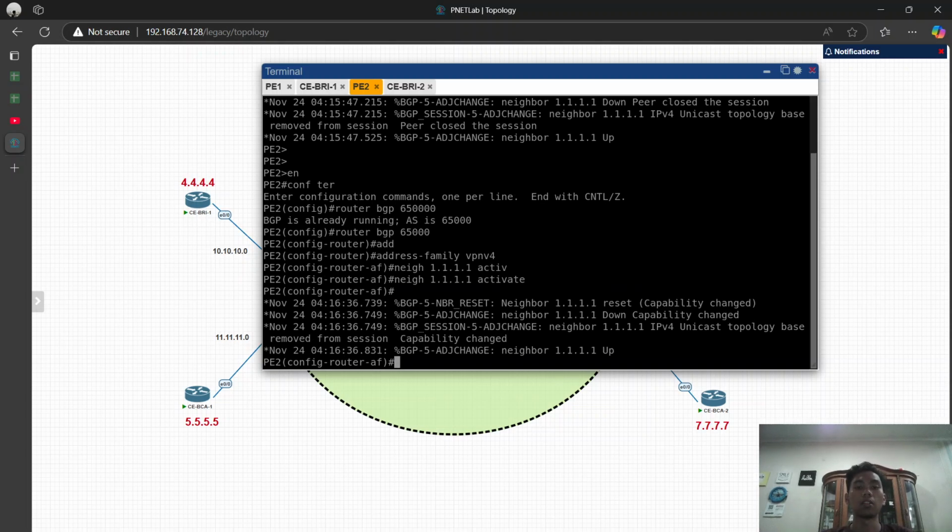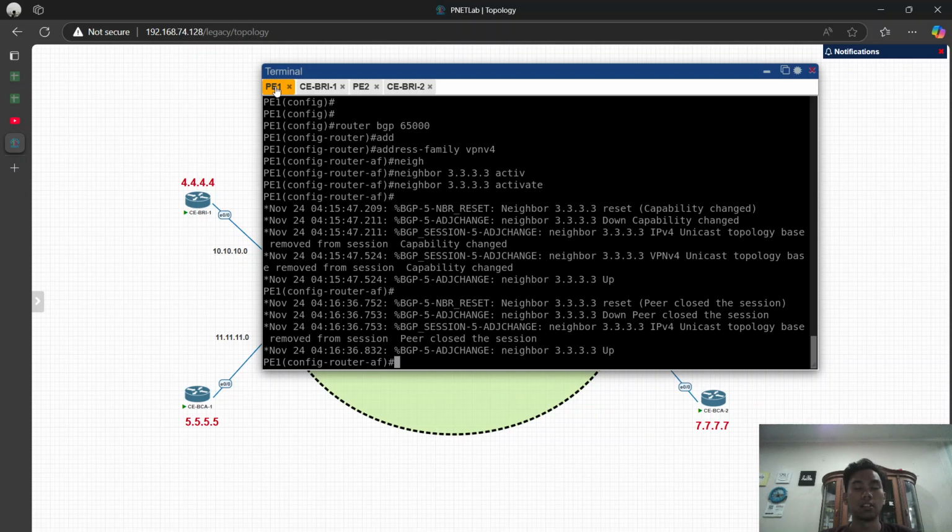Okay, so now the VPN in the MPLS was activated. So now we will set the routing configuration with the BGP between PA and CA. We start from the PA first.